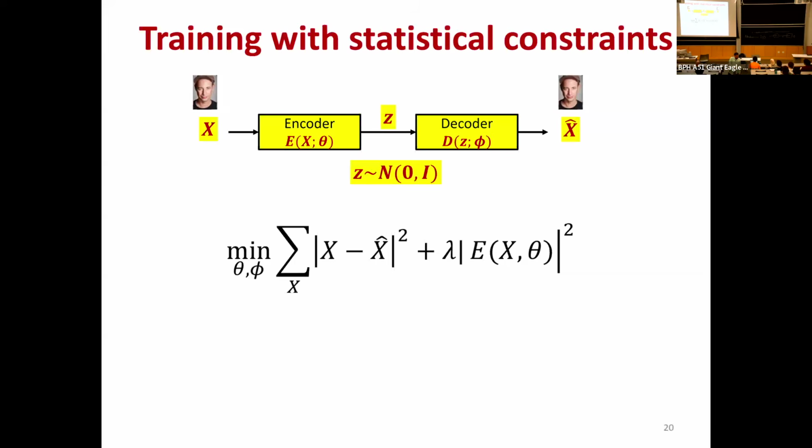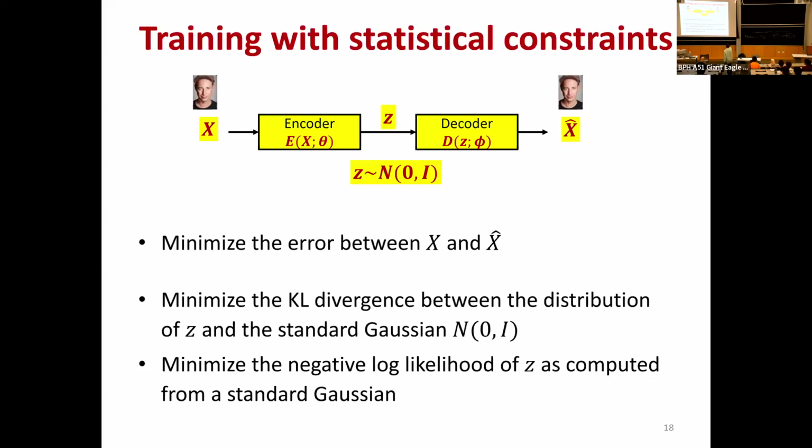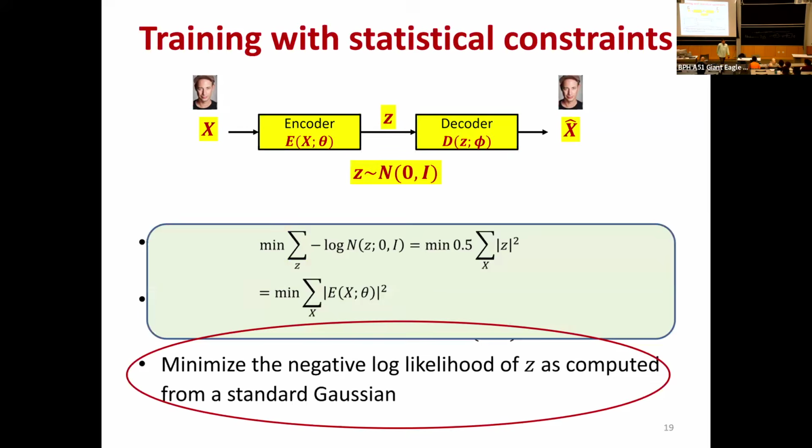Yeah. I don't think so, really, because you're just trying to make z's as small as possible. Exactly. What this is going to do is keep pushing all the z's towards zero. In the limit, if you do a perfect job, all z's are zero, or very close to zero. If I begin randomly sampling z's from a standard Gaussian, most of the z's that I see are not something I would have seen in the training data, because this is pushing all the z's towards zero. They're all going to become very small. So this mechanism is not going to work. What we really need is the first mechanism: minimize the KL divergence between the distribution of z and the standard Gaussian. And that's where it becomes kind of ugly mathematically.